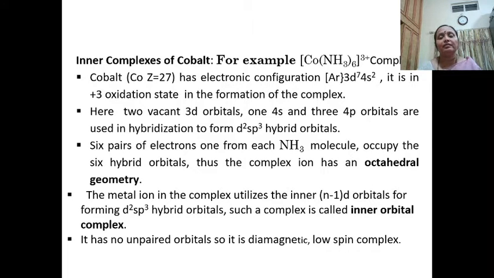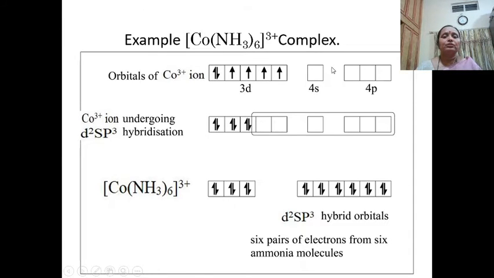It is an inner orbital complex, and we observe that in this case there are no unpaired electrons, so it is going to remain diamagnetic and a low spin complex. So in the +3 oxidation state, cobalt loses the 2 4s electrons and 1 3d electron, and it will be having 4 unpaired electrons in the 3d orbitals. Now, as the 6 pairs of electrons are going to come from the ammonia molecules, these electrons are forced to pair up,